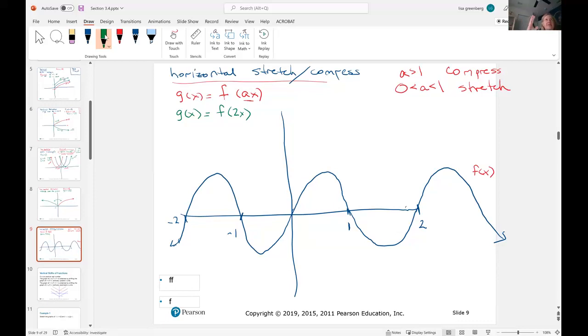Which means, like, if you've ever seen an accordion, you probably know what I'm talking about. When you pull it out, I'm calling that stretching. And when you push it in, I'm calling that compressing. So if I want to graph 2 times f of 2x, basically it's going to have within the same,